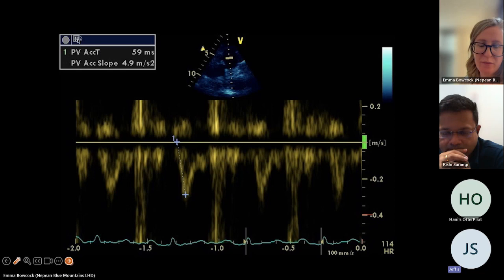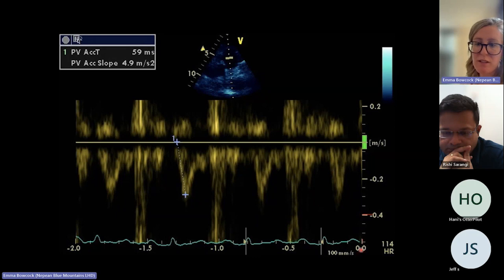I think that's the main thing, and that's the acceleration time, which is really fast. It's 59, so less than 60. Yeah, nice stuff. I think things that you could improve, probably not having 4 on the screen, so just increasing the